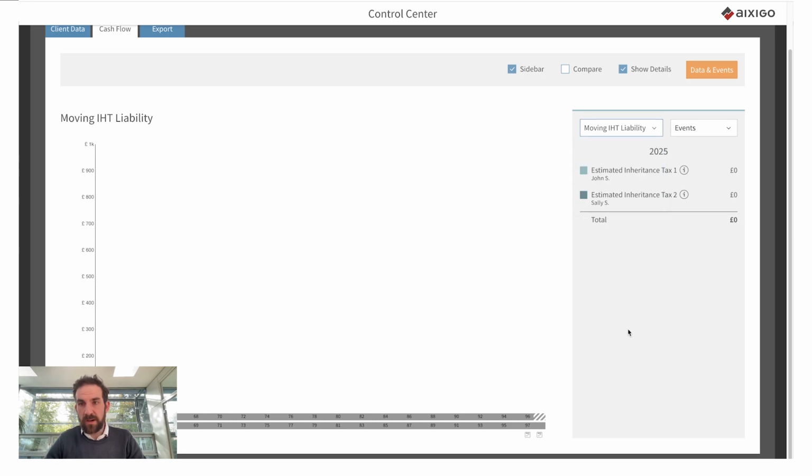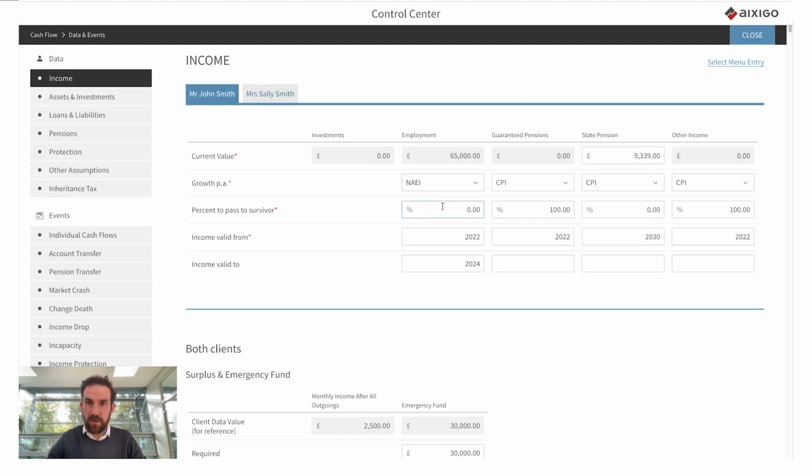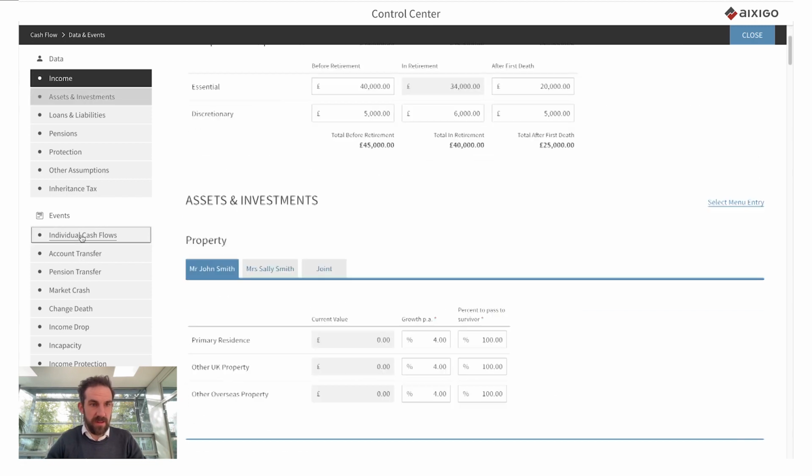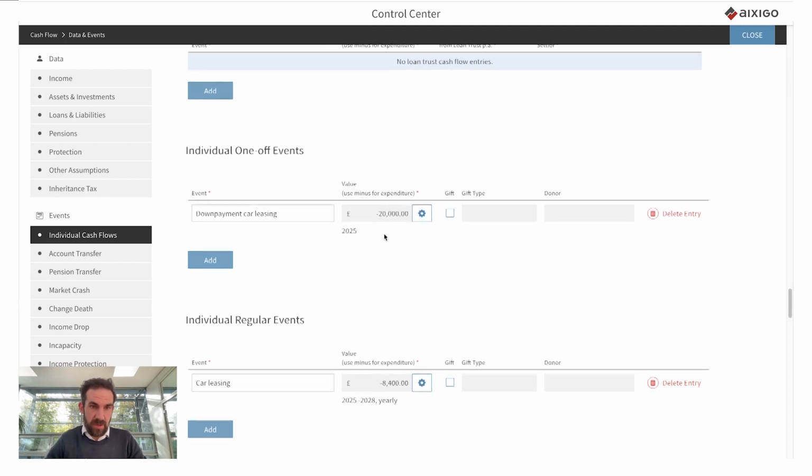So now we can add events. In the system, there are 2 types of events. We have what-if events and also stress tests. So if we jump back onto the data and events tab, and move to the events, we can add specific events which then can be added into the simulation. John mentioned he would like to lease a new car when he goes into retirement. So here we can see that's been added by adding the individual one-off